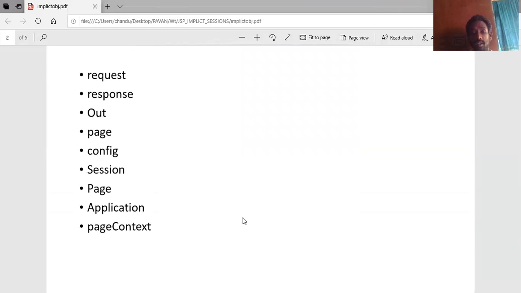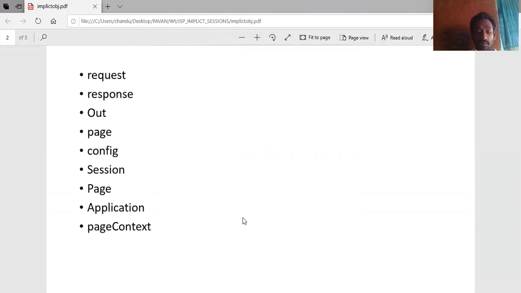Response object is an instance of HttpServletResponse, and it is used to redirect pages. If required, we can store the cookies, etc. Out object is used to print some content on the page.